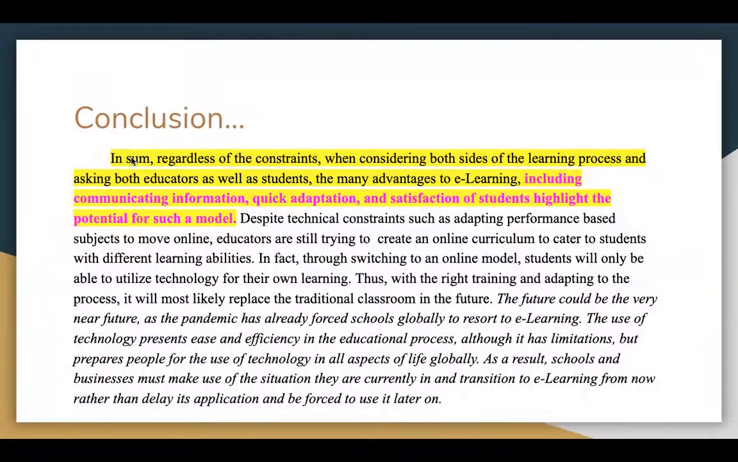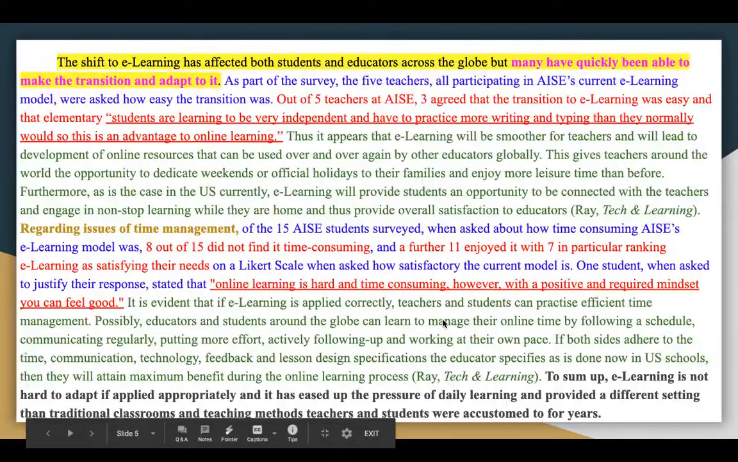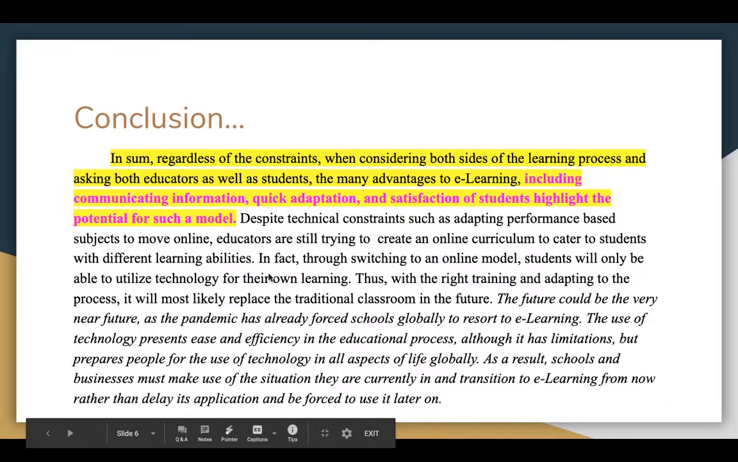He's got his thesis statement restated: in sum, regardless of the constraints, when considering both sides of the learning process and asking both educators as well as students, the advantages to e-learning, including communication, quicker adaptation and satisfaction, highlight the potential for such a model. It's pretty much the same, just different words. Then he's summarised